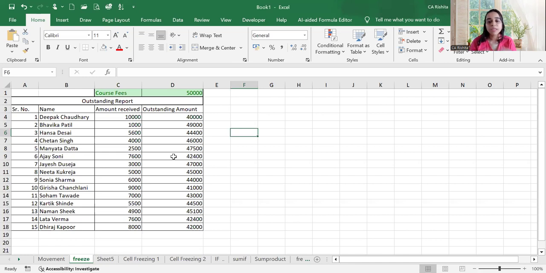Let's begin on to learning about cell referencing. This is the beauty of Excel, and this is the most wonderful thing Excel has. If you remember, when we were in college and we used to get a question which runs into pages, and then we reach the last page, and sometimes we realize, oh,